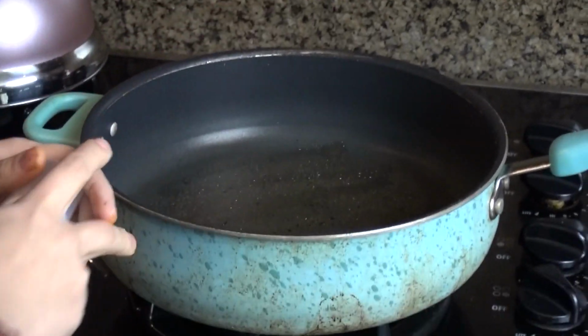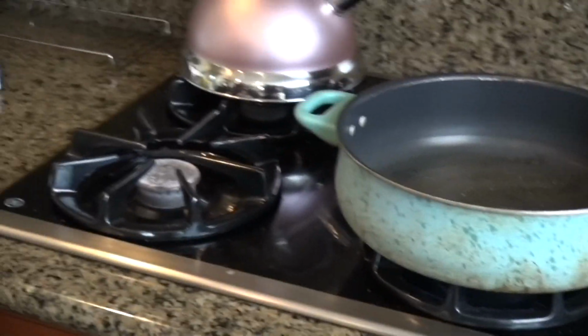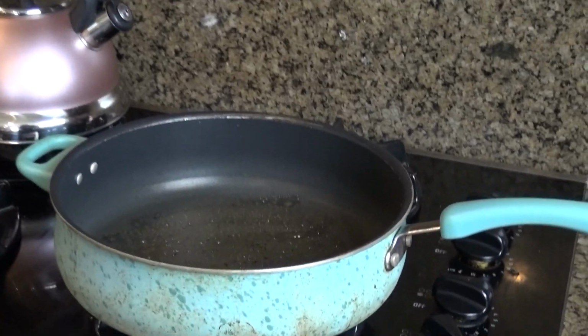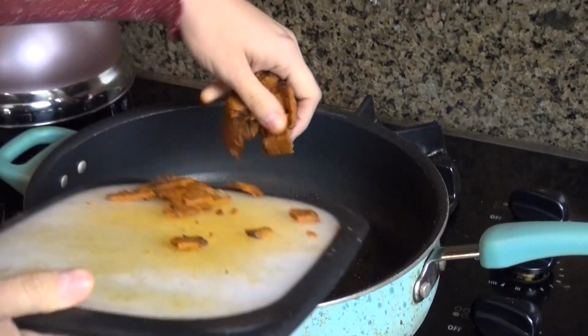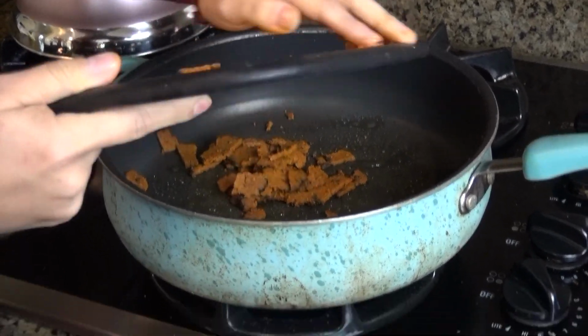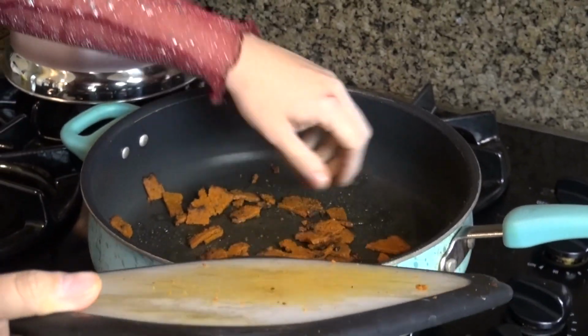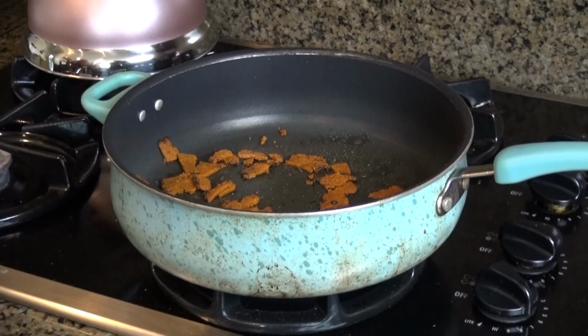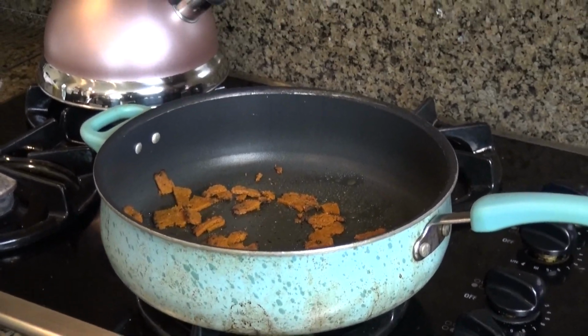Okay, so we're going to cook the bacon real quick. Just add some oil. Use some spray like I did, or you can just use regular oil if you like. Add that in there to fry a little bit. Let that warm up. While we're doing that,